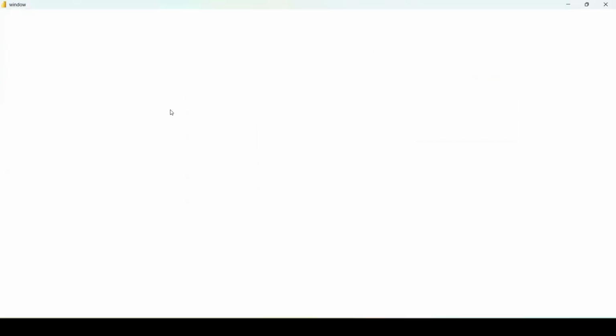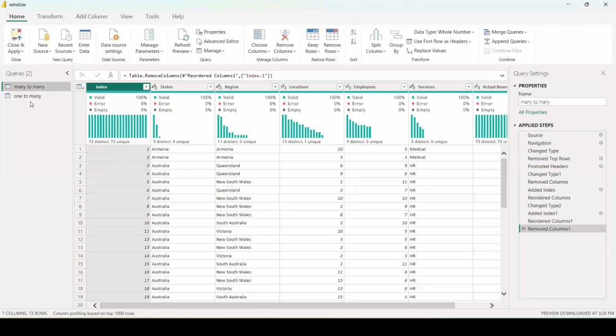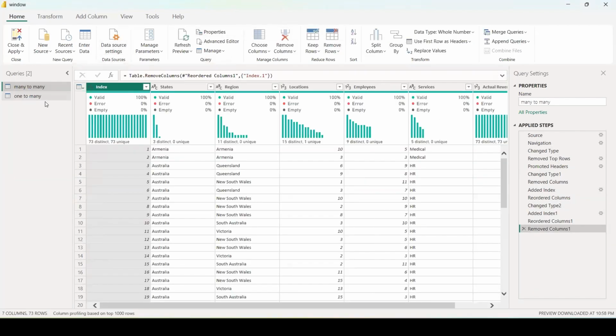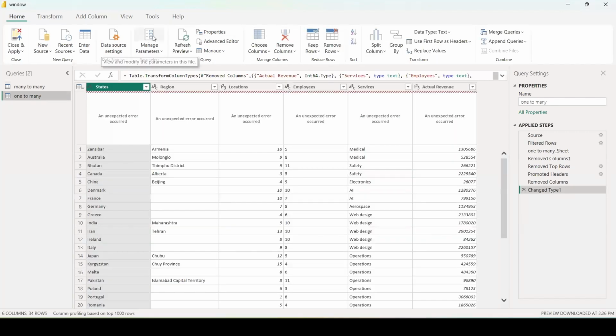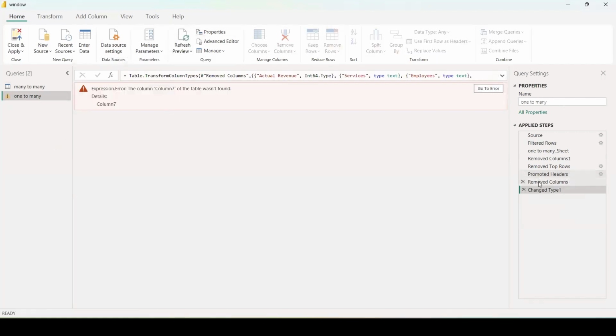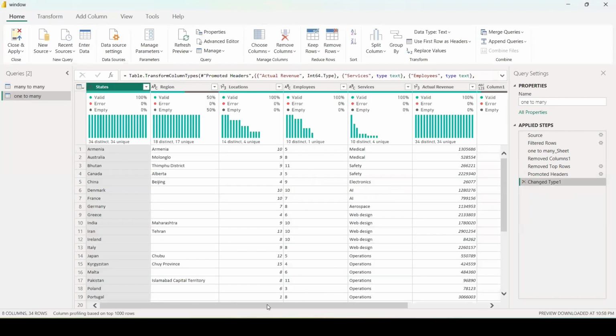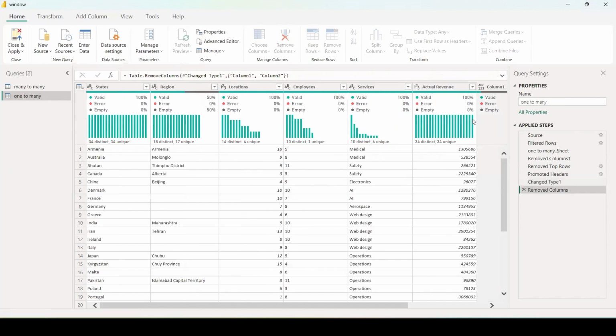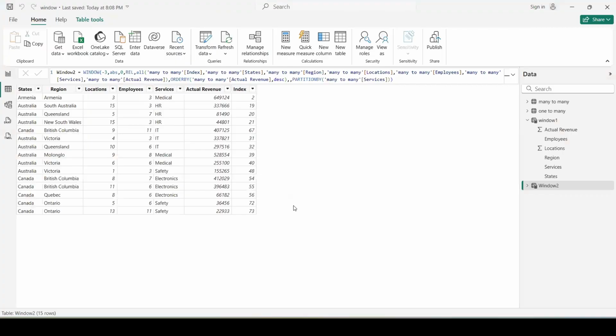Let's just check what error we have. Save one. So I'll remove this, and now it should be okay.